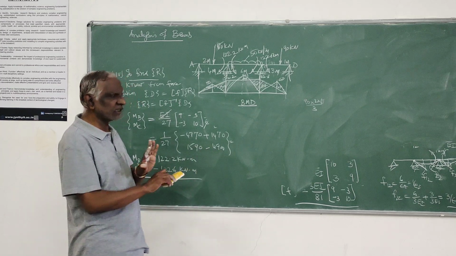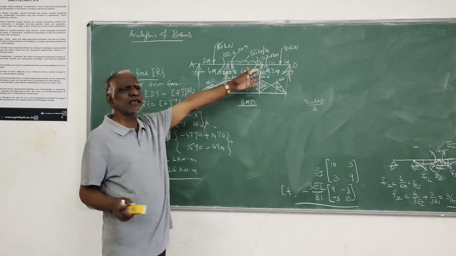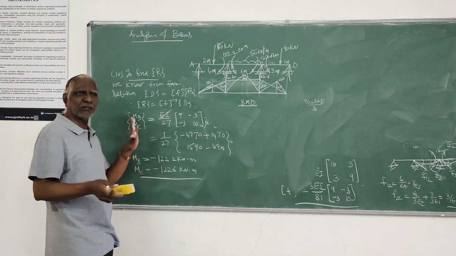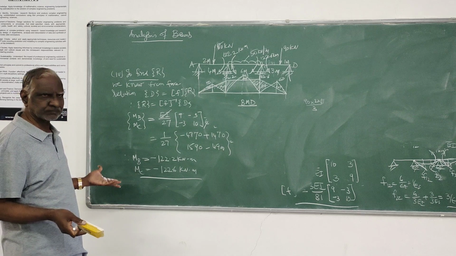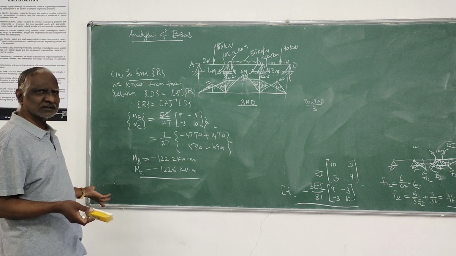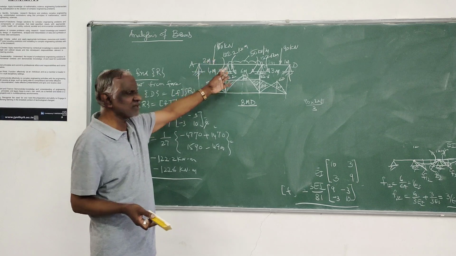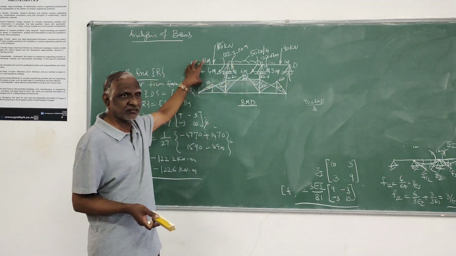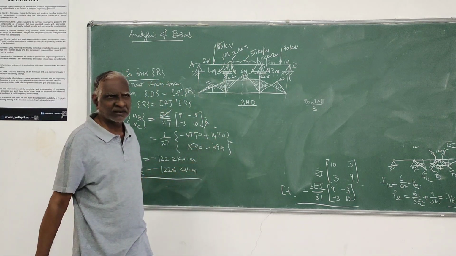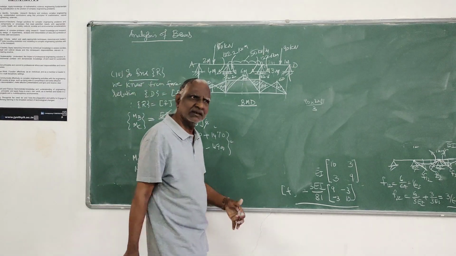With this, all types of beam problems we have covered, settlement of support and any other type of problem. I have already given in the beginning the type of problem you will get as per syllabus, because the degree of static indeterminacy should not be more than 3. So as per that, this is the maximum you can get if it is simply supported, or one more span you may get. With fixed supports, the number of spans gets reduced automatically. Same case with the frame also. We will take up the frame problem in the next